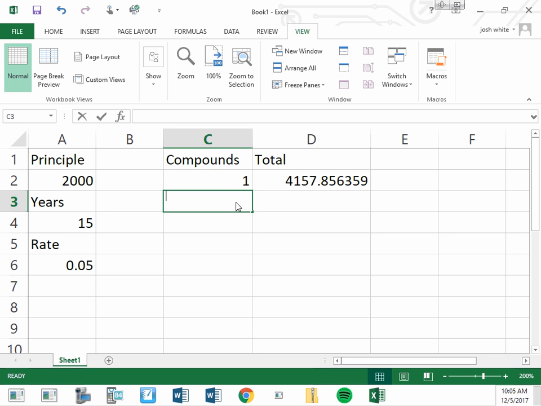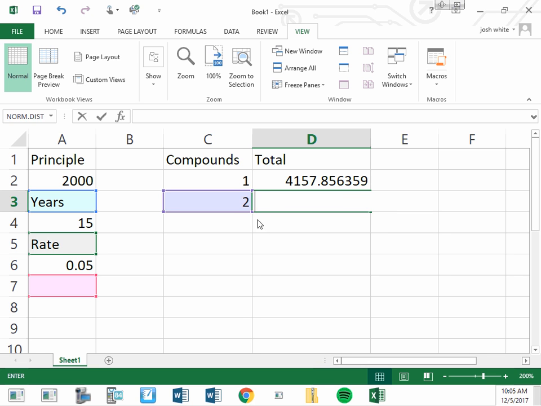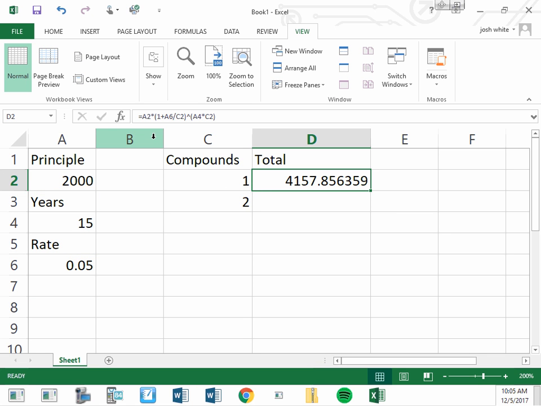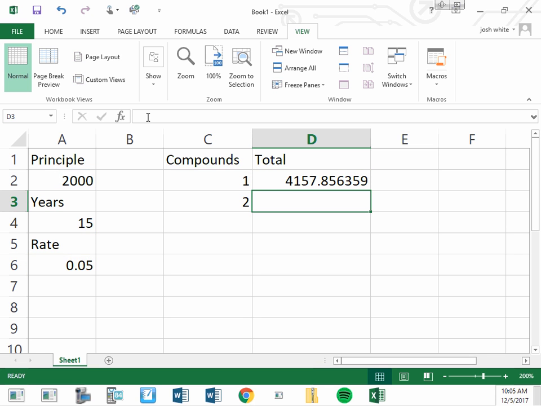Okay? Well, if I put a 2 there, it's once per year. Oh, I need to, sorry. If I'm going to make this work, I need an absolute here, an absolute here, and one here. Okay, now it'll let me drag it down. So if I have 2 compounds per year, I end up with